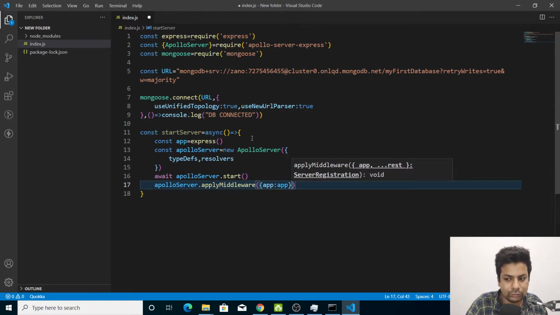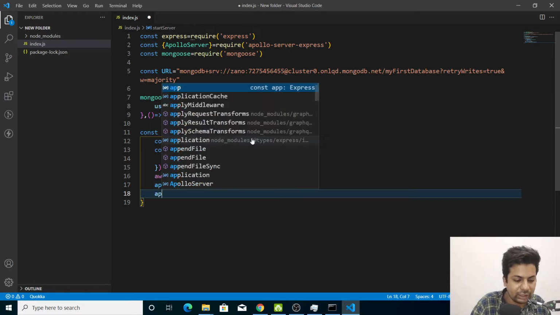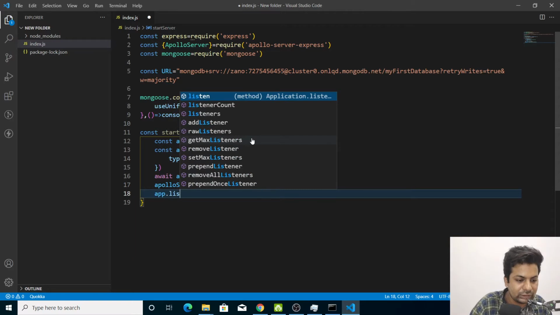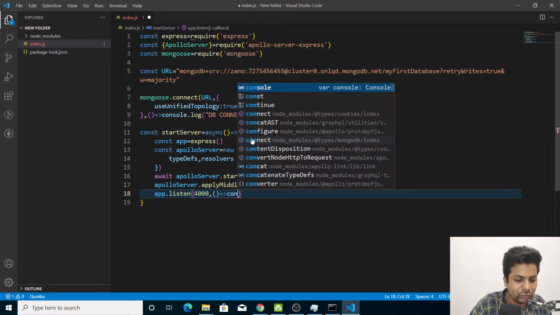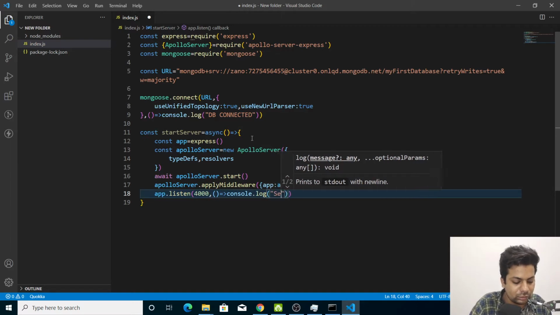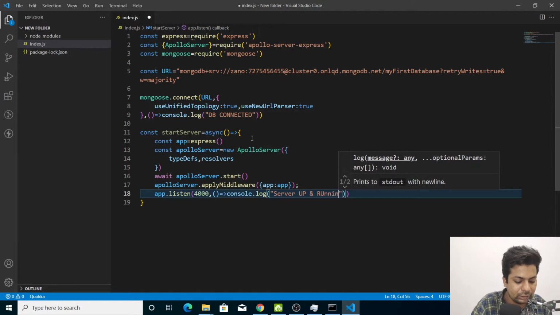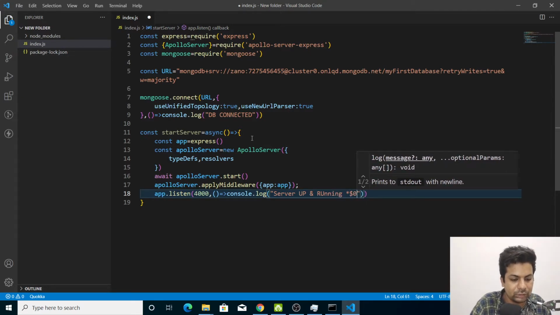Now we'll say app.listen on port 4000, and console.log server up and running on port 4000. Let me save it.